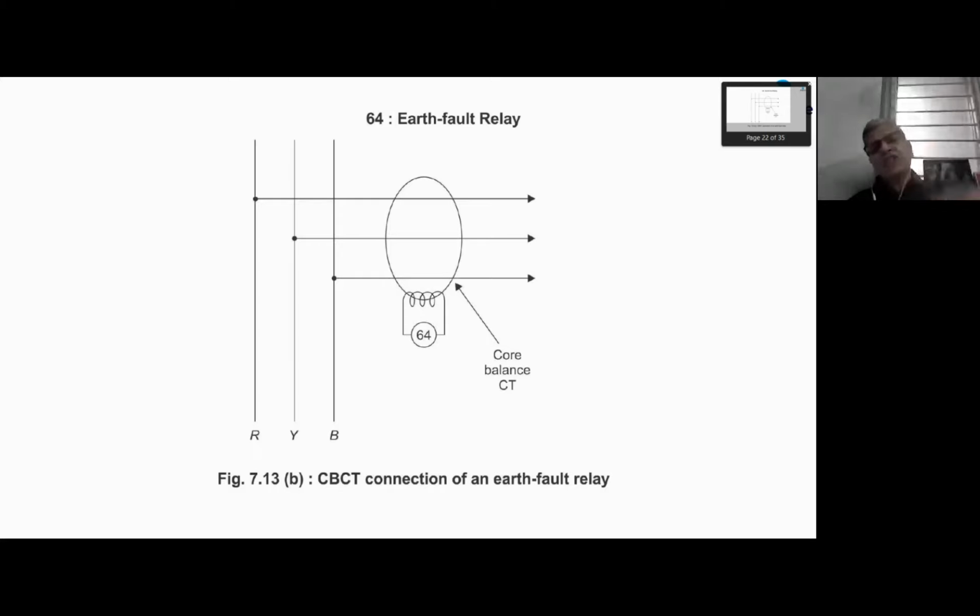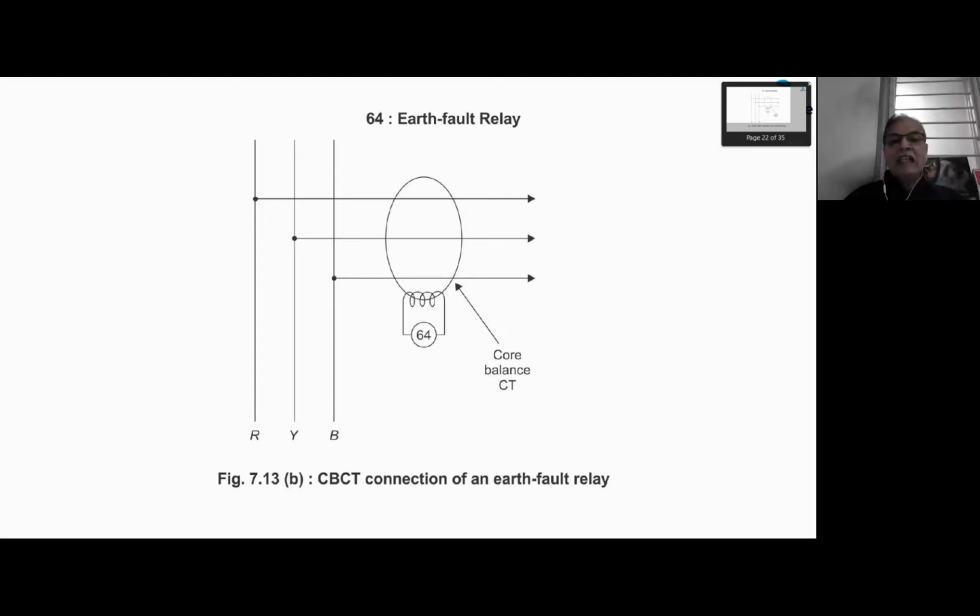The core encircles all the three phases, right? Core is encircling all the three phases. Because IR plus IY plus IB is 0 under normal condition, there is no flux induced and no juice passing through 64. 64 will get a juice only in case of line to ground or double line to ground